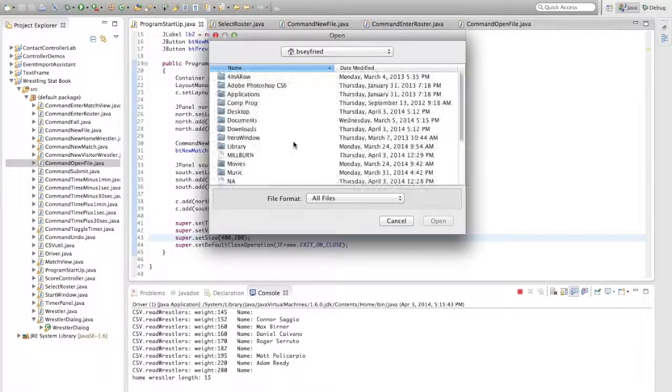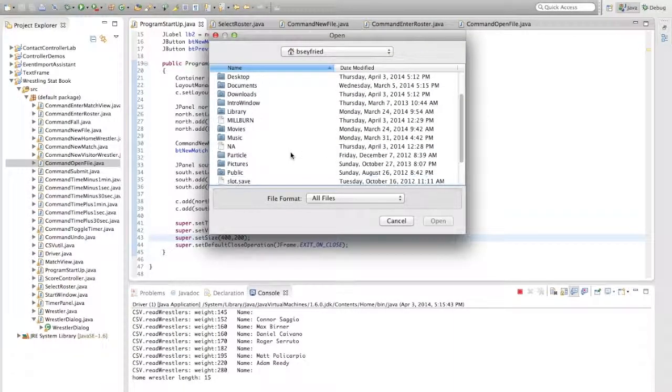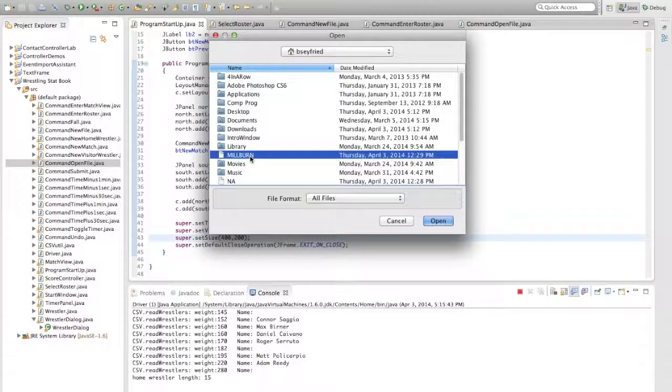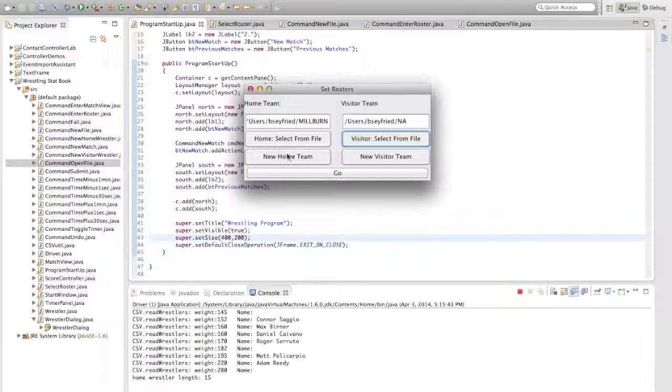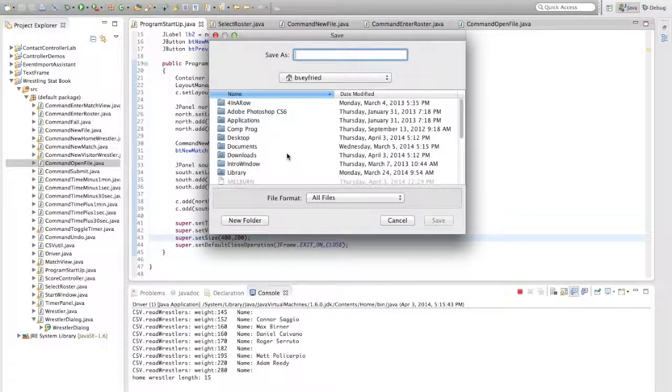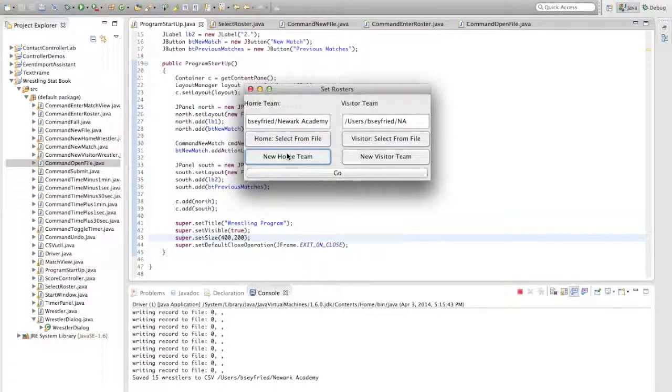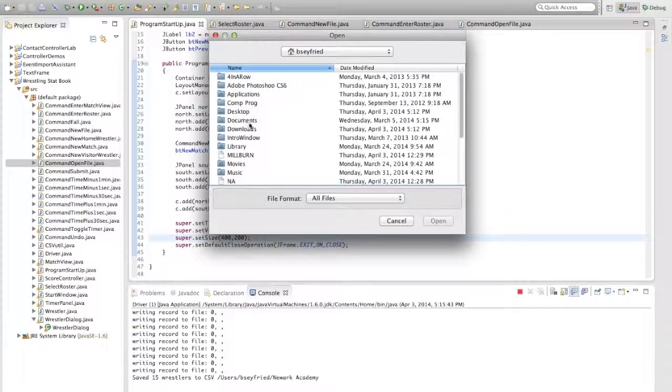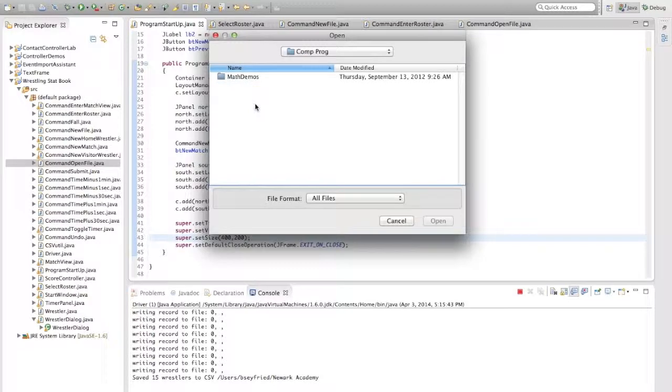When they select from a file, they can scroll through all of their saved files and select a file for each team. The same is true when they want to create new ones. Label the title of the file or the team name, and the file will be created. The path for the file is stored up here in this text box, and it's the same for the visitor team. If we're going to select a file with data already in it,